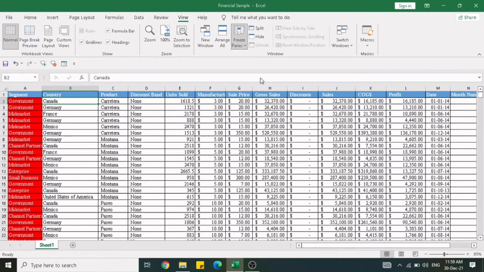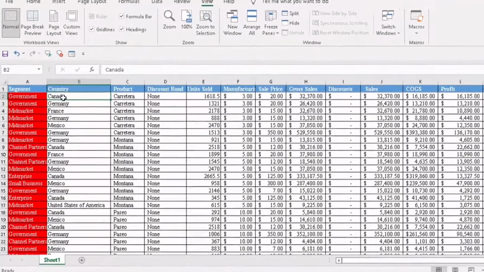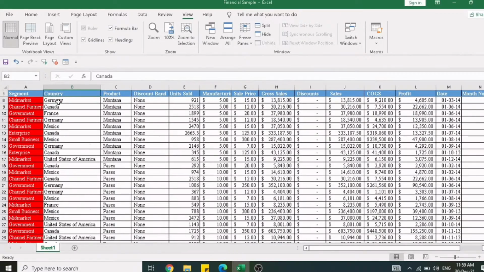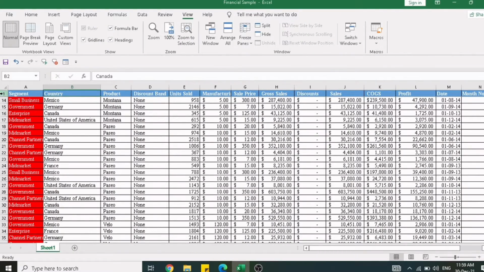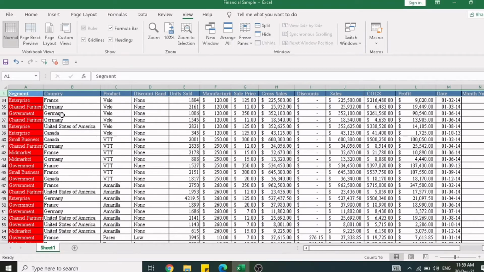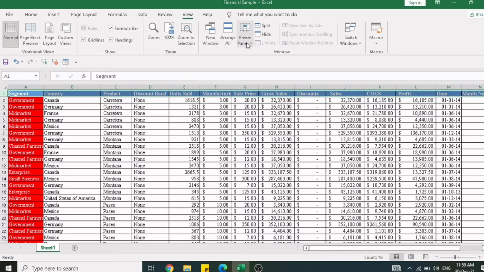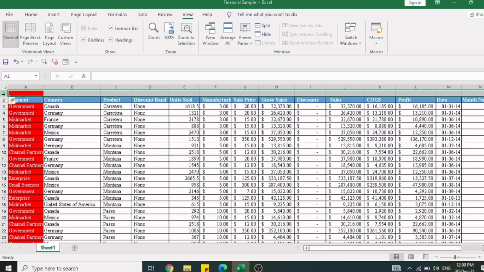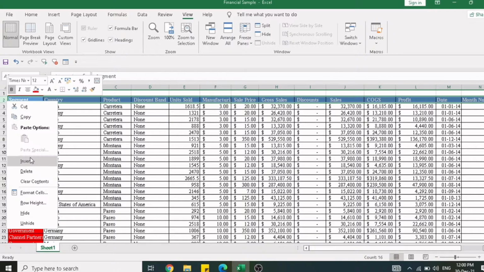When I apply the freeze top row option, you can see the first row has been frozen and it remains constant. When I go down, it remains constant and the other values in the cells move up. This freeze option is useful when you have a heading and you want to see the heading every time when you go down. Let's unfreeze and then insert two rows above the data which we have,